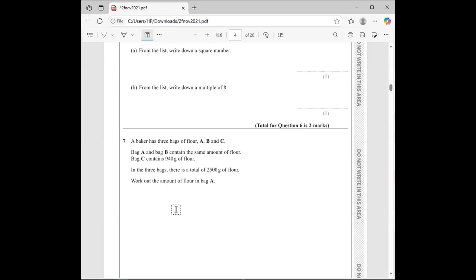Simple. So if you were to do this question, right, you would simply use a letter to represent what is in bag A. So let's simply say, let small letter A be the amount of flour in bag A. Okay. So remember, from this fact here, we are told that bag A and bag B contain the same amount of flour. What does that tell us? It means that if I'm going to find the sum, then I'm going to say